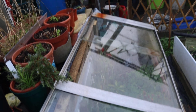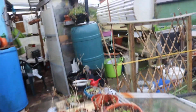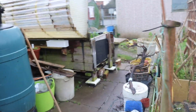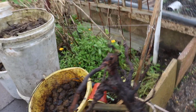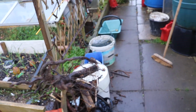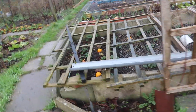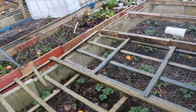I've still got a few peppers in this cold frame, but let's now find our way back round, and then we're going to do a quick squidge through. I've picked up some Aussie poo, as you can see. Oh, and I've got me 3 buckets, you can't see them, it's a bit of a mess, but I've got 3 buckets there of fermenting seaweed,